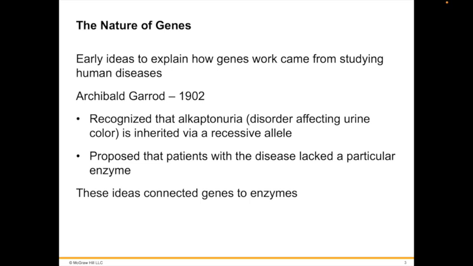Garrod concluded that patients with alkaptonuria lack the enzyme necessary to catalyze this breakdown, further speculating that many other inherited diseases might also reflect enzyme deficiencies. Garrod was actually ahead of his time, as the connection between Mendelian alleles and enzymes was not codified for almost